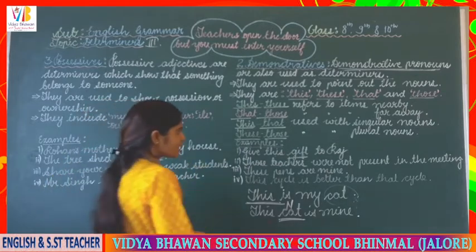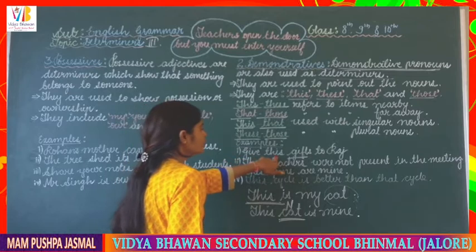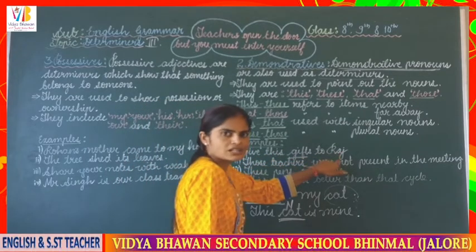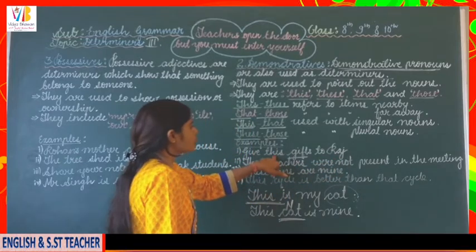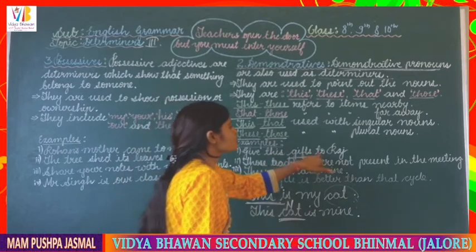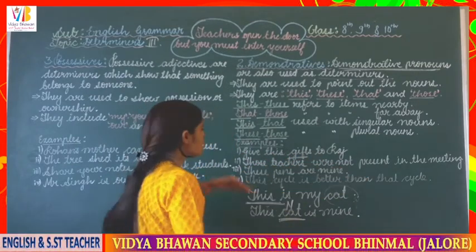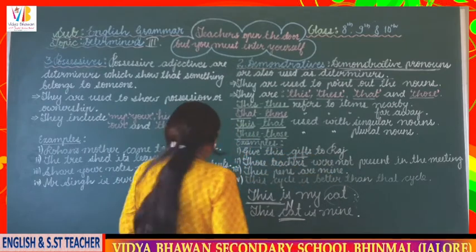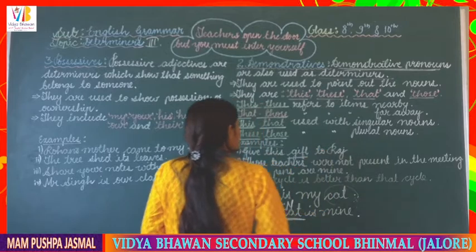If I change it to the plural, here it will be: give these gifts to Raj. For plural nouns I'll use these instead of this. So, give these gifts to Raj. अगर यही gifts जो है वो दूर होते तो give those gifts to Raj. In this way we make the use of this, these, that and those.